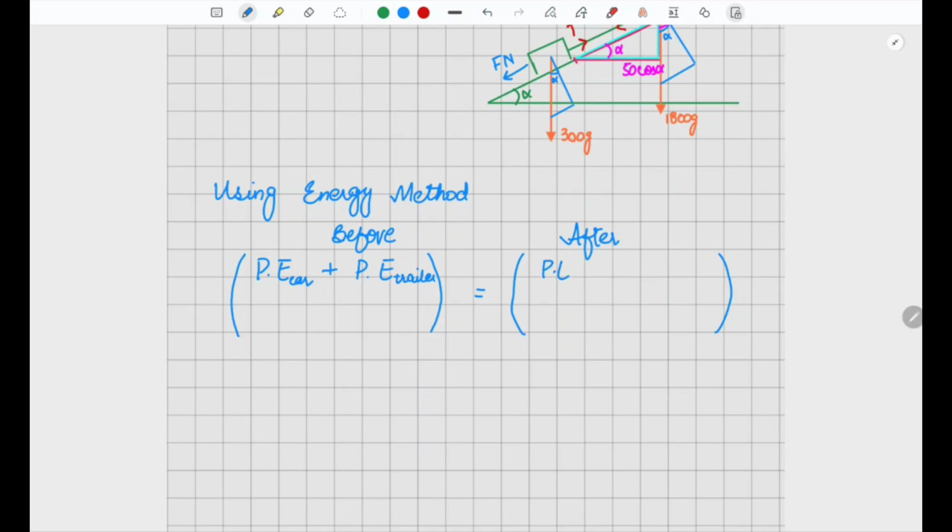The same goes for here: potential energy for the car after plus potential energy for the trailer. Then kinetic energy for both before, and kinetic energy for both after,